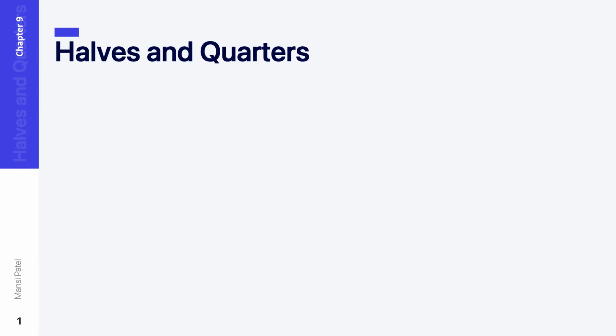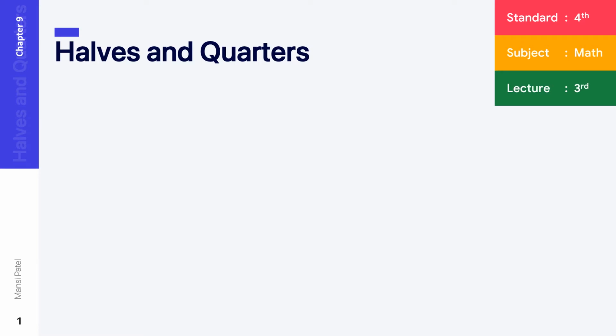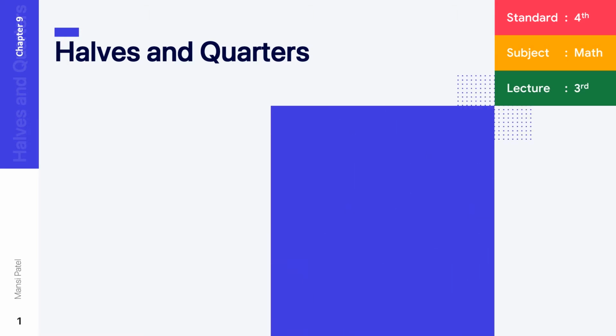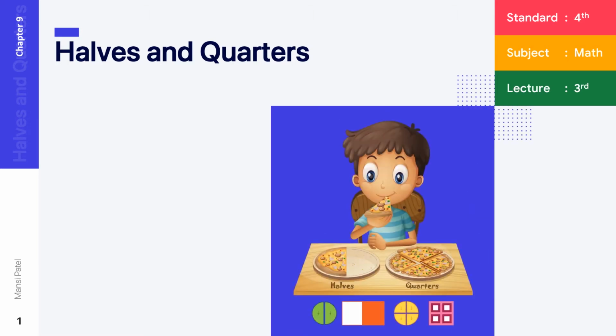And the name of our chapter 9 is Halves and Quarters. In our previous session we studied some stories given in your textbook with the activity. Based on that activity, today we are going to see first the introduction of fraction. What is a fraction? That we have to see in the introduction. Then after, we have to see the parts of a fraction. And then in the last, we have to study how to read a fraction. So let us begin with our first topic.